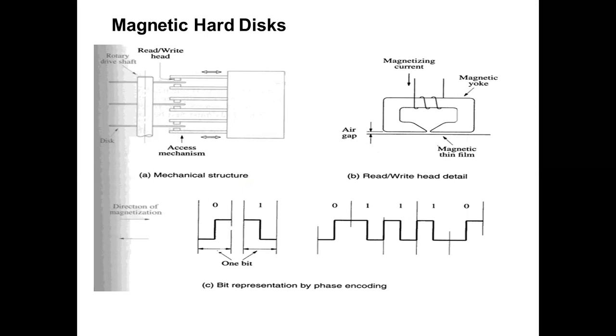This is the diagram of a magnetic hard disk. You have seen this type of picture many times in the fundamentals of computers. I feel being a student of IT or CS branch, you must have seen the real hard disk by keeping it in hand. You will see in this diagram, I will show you with the annotation feature.